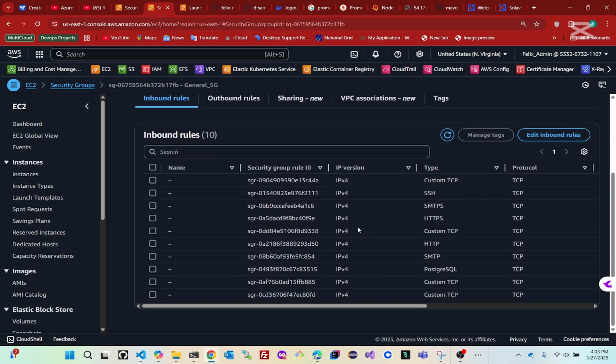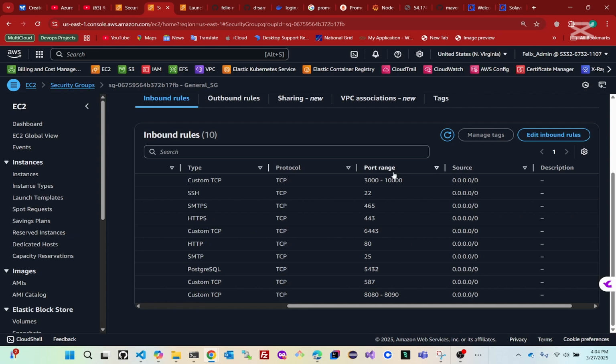Now, if you see this security group, I have created the security group, and I opened all the common ports that are commonly used with a DevOps project. So I created all the ports, and I named it General Security Group. Anytime I want to carry out my project or my demo, I just go there and select it. So you can take the screenshot, create a security group with all these ports open, and give it a name. It's going to save you a lot of time. That's why I selected